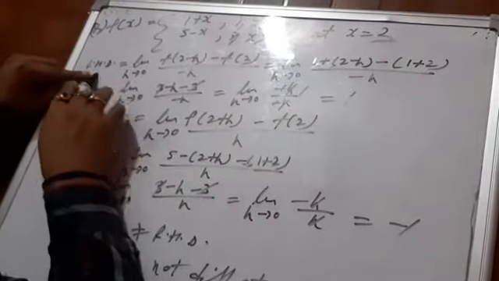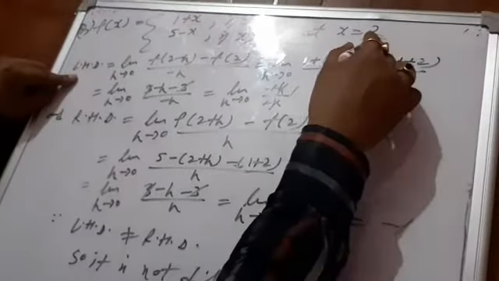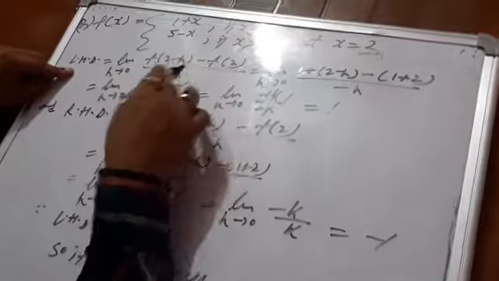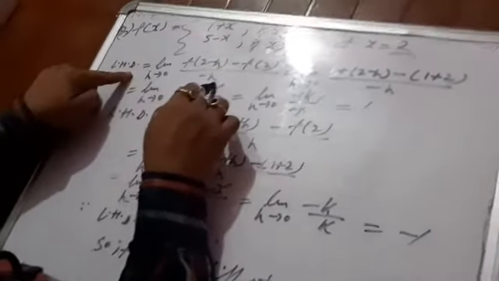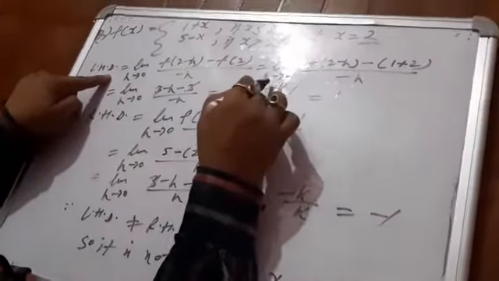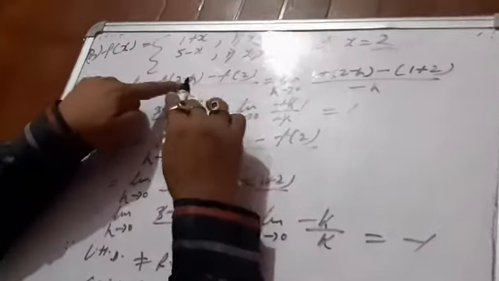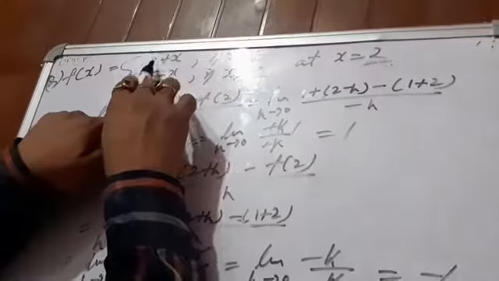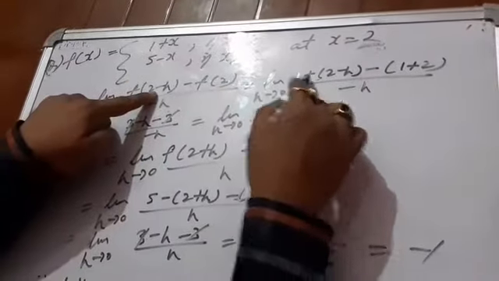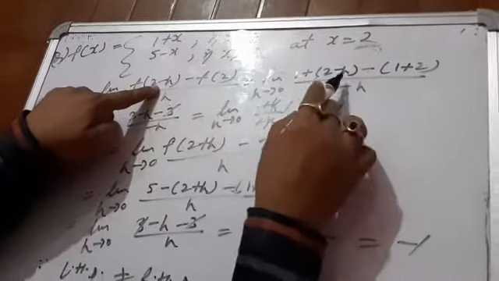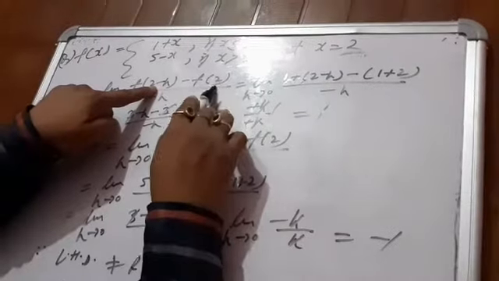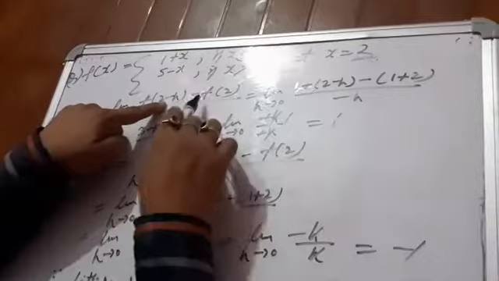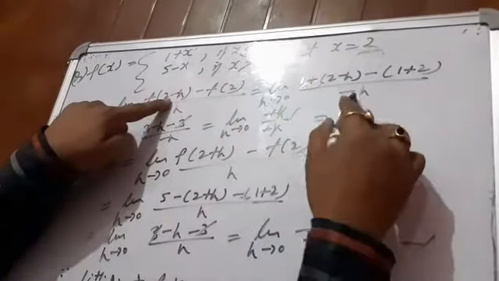At first find out the left hand derivative. The point is at 2. We are going to check limit h tends to 0, f of 2 minus h minus f of 2 by minus h. It is your left hand derivative. Now this is equal to limit h tends to 0, f of 2 minus h. Have you seen? It will come in the first portion, where x is less than 2, then 1 plus x, and the point x is 2 minus h, minus f of 2. Again f of 2 will come in the equal-to portion, then it is 1 plus 2 by minus h.